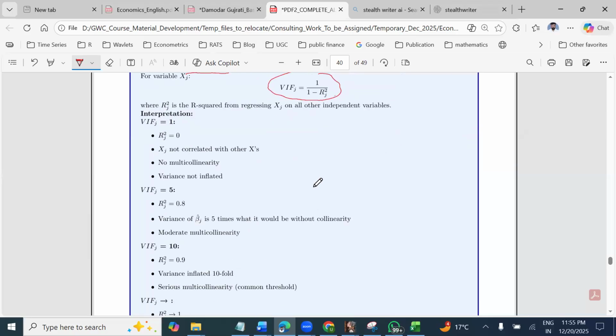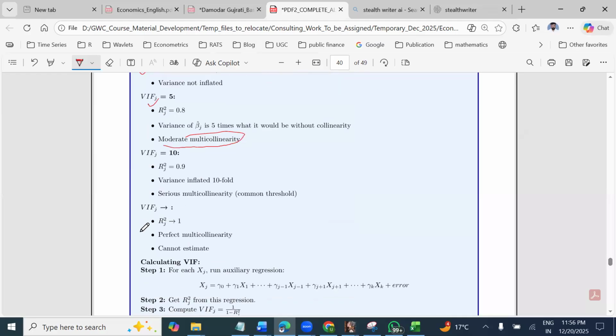At least, just to remember, if the VIF value is 1, then there is no multicollinearity problem. And if the VIF is 5, then you can say there is a moderate multicollinearity. If the VIF is 10, we will say there is a serious multicollinearity. So now you can say